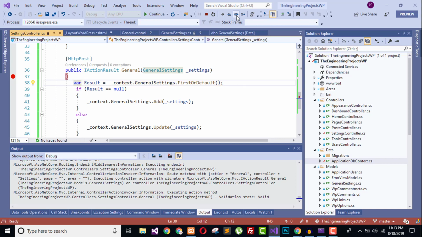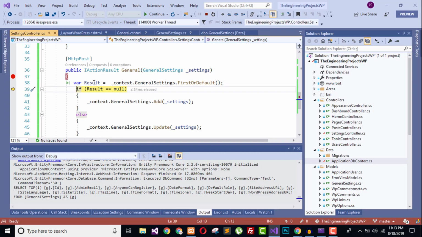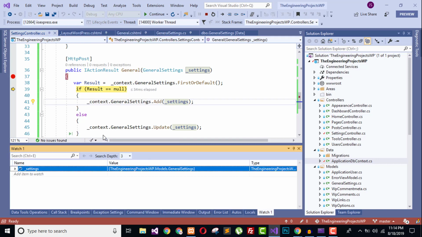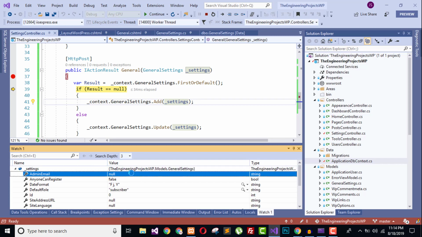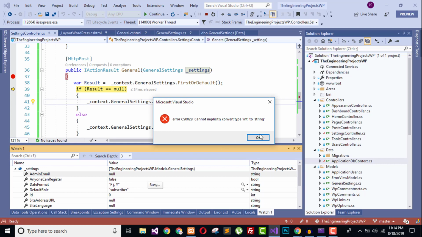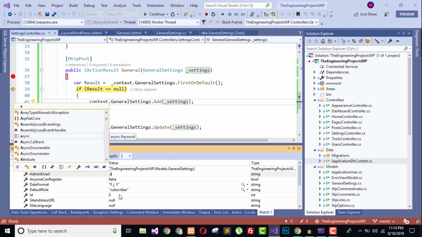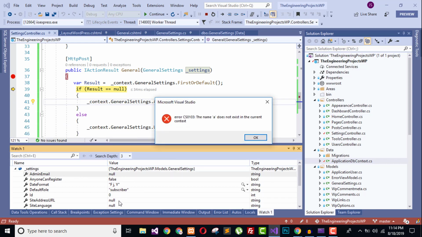Okay, so here we have null. Now it will add the information. So what we will do, how we can interact with this information, we will add watch. Okay, here we will add values instead of null. Okay, string, so I will add a, and then id is equal to